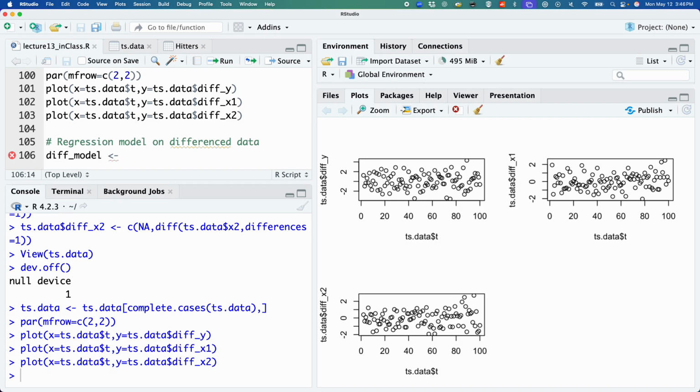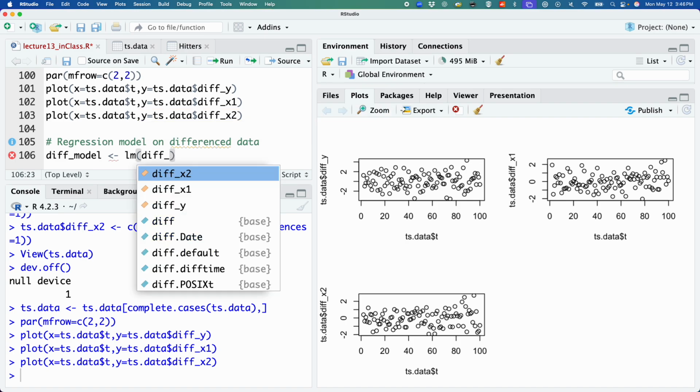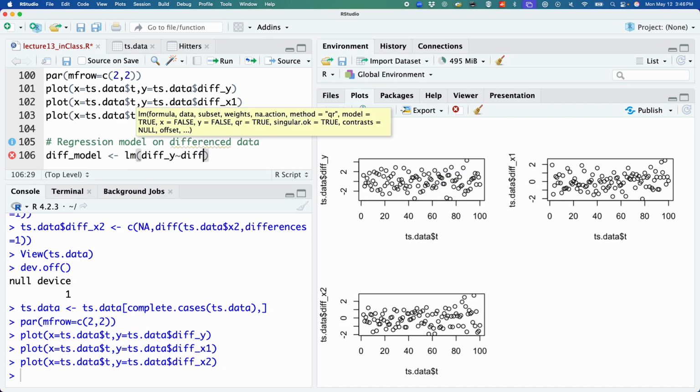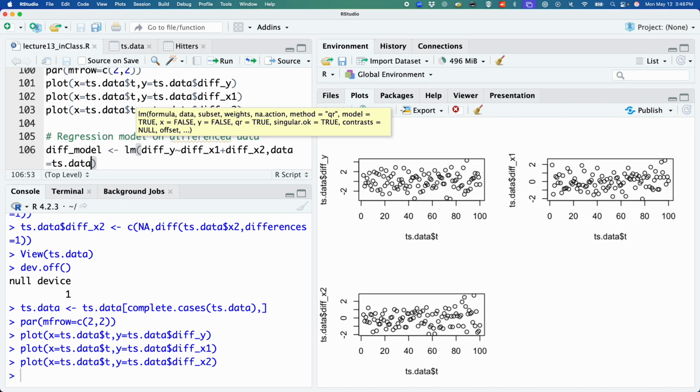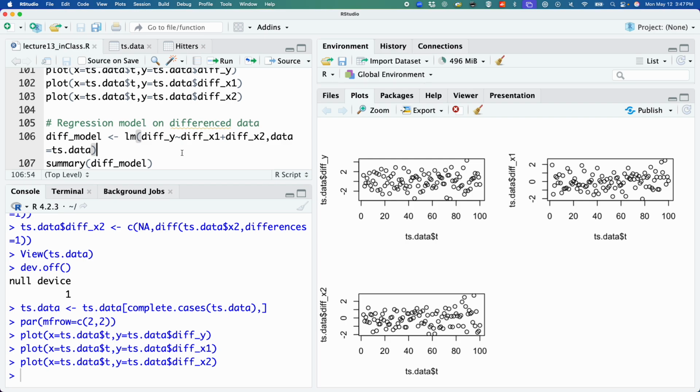So diff model, lm, diff y regressed on diff x1 plus diff x2, data, TS data, summary, diff model. Okay,